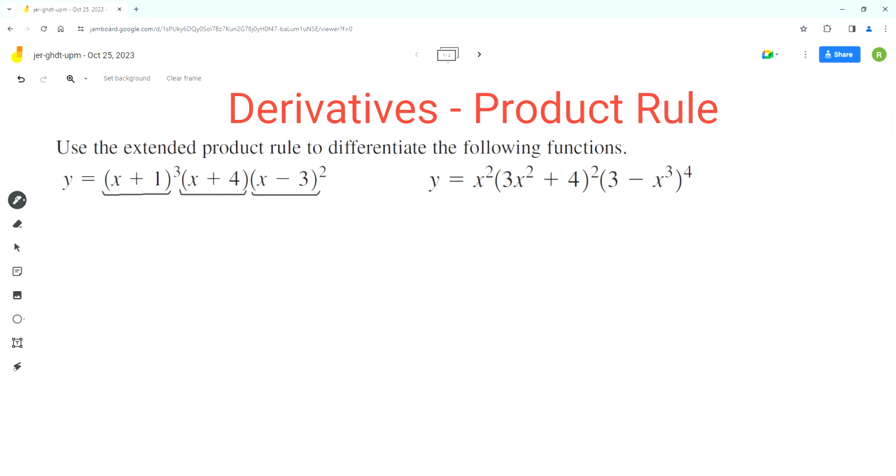So our first step is y prime, I'm using the prime notation, equals the derivative of the first function. As per the power rule, it will be 3 (x plus 1) exponent 3 minus 1 times the derivative of the inner function x plus 1, which will be 1 plus 0, times the second function, then times the third function,